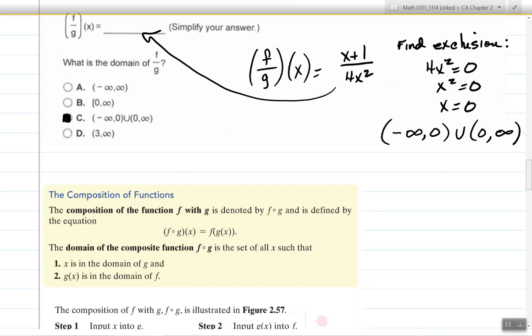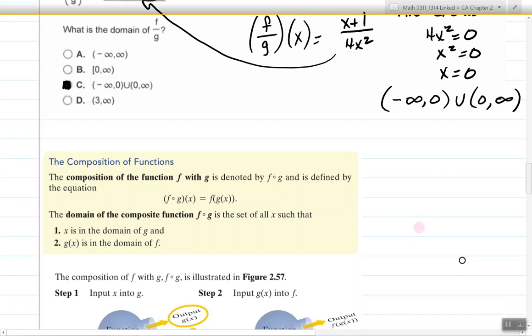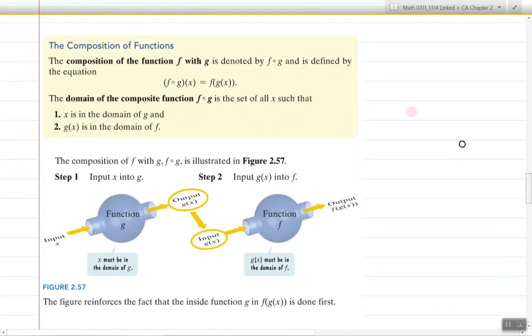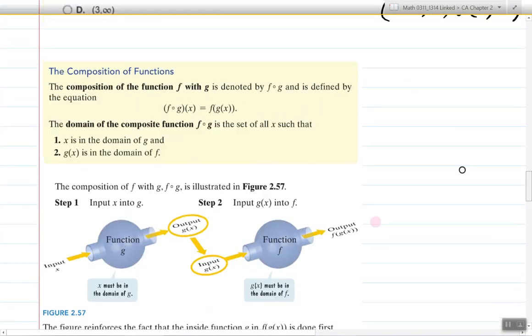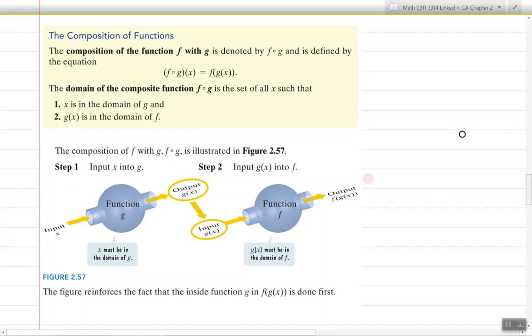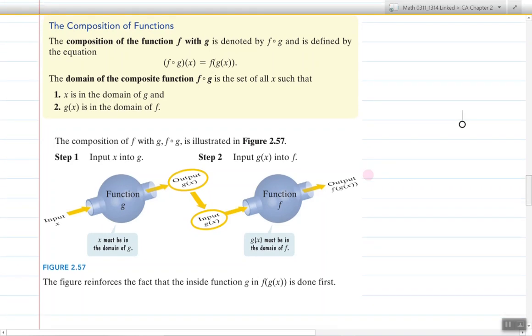All right, as I mentioned when we started, we're going to add, subtract, multiply, and divide functions, but there is an additional operation. This operation is composition of functions. This might sound odd, but you're going to put a function inside another function. So if you have